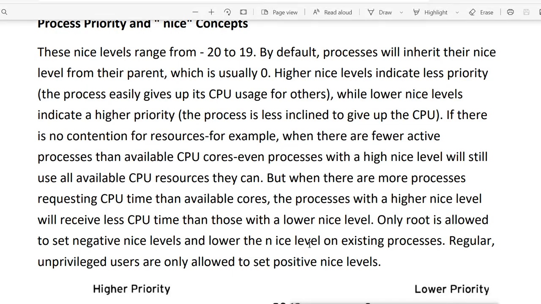Now, monitoring. We have seen process monitoring, how we can check the process. Now in the process we also have a priority, and that process priority is called NICE. It is called the NICE concept. The NICE levels are for the priority, and these NICE levels range from -20 to 19.